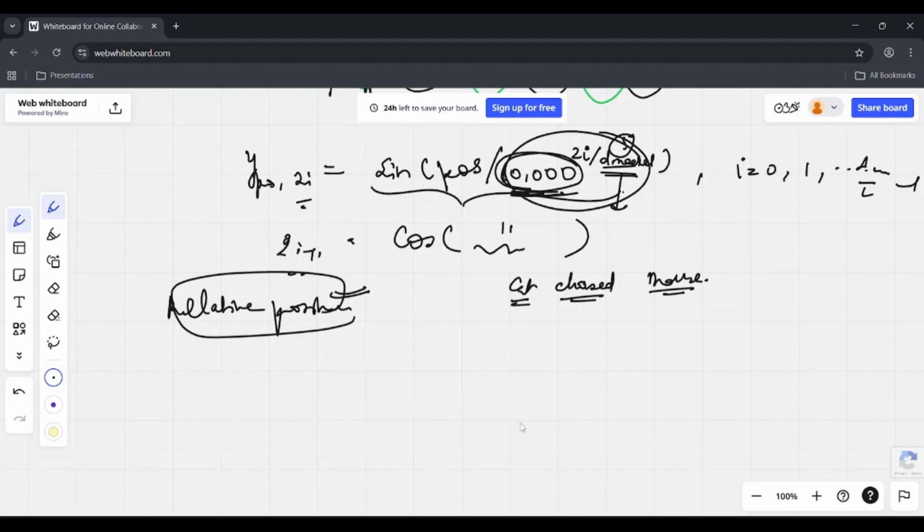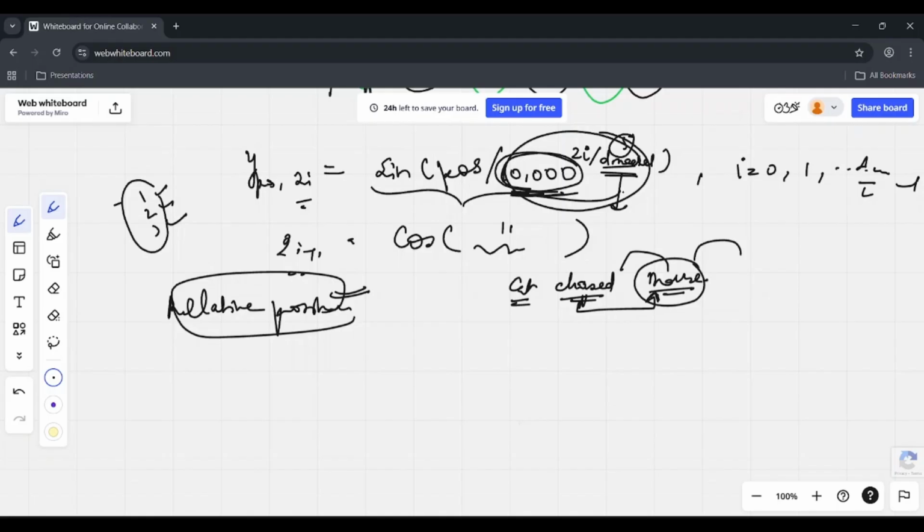The better way is that not only are you capturing the absolute information about where that word is lying in the sentence, but you are also capturing the relative position. For example, if I consider mouse, then I must also encode the information that it is coming after the word chased, because that is more meaningful for me, right? What is coming before this word, what is coming after this word, that information should also be encoded in our positional encoding, right? So if we consider discrete numbers 1, 2, 3, then the problem here is that we are able to capture the absolute information, but the relative position is not captured here.